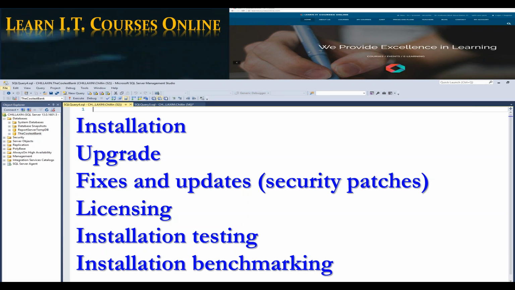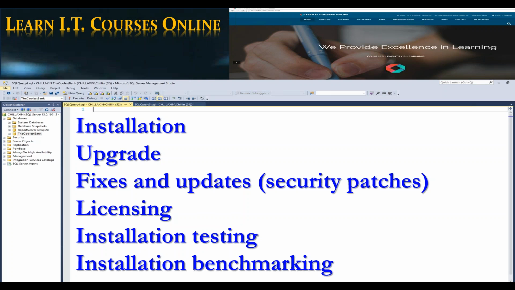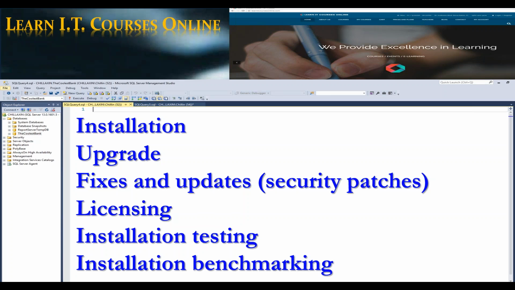A couple of things that are also important to point out are testing and benchmarking. Testing is very important because sometimes, even though I'm doing a simple upgrade or a simple update or an installation, it requires me to restart the server. It might require kicking the users out of the server. So those are things that we want to test, or maybe I need to download something first, a prerequisite, before doing that update. So it's very important for me to test it in a test environment that is similar to